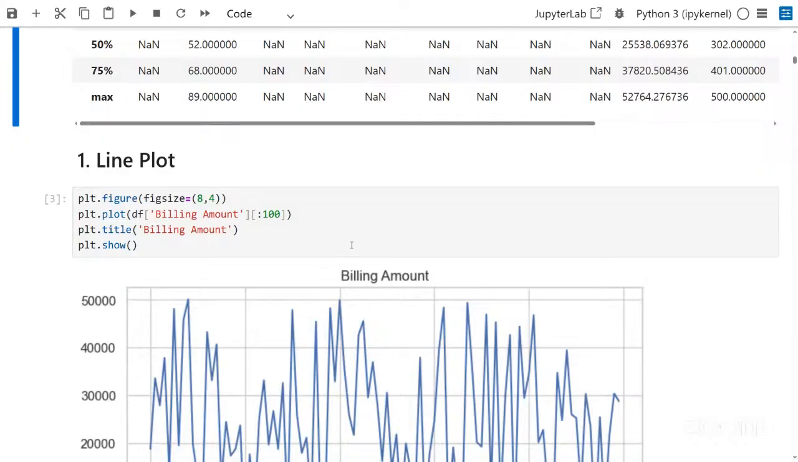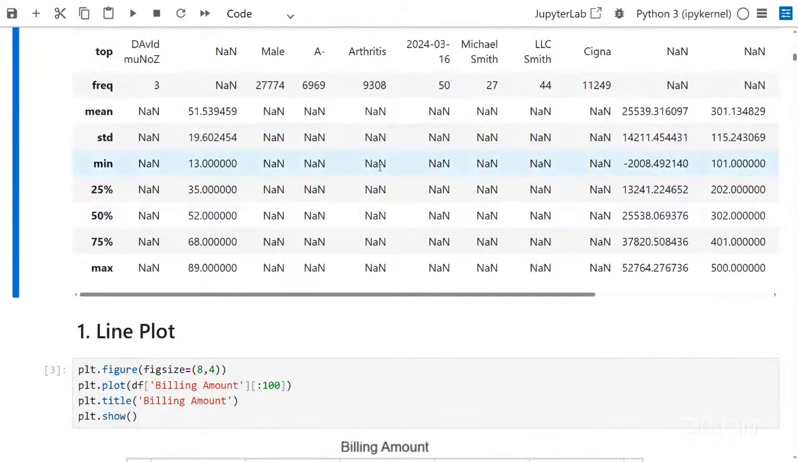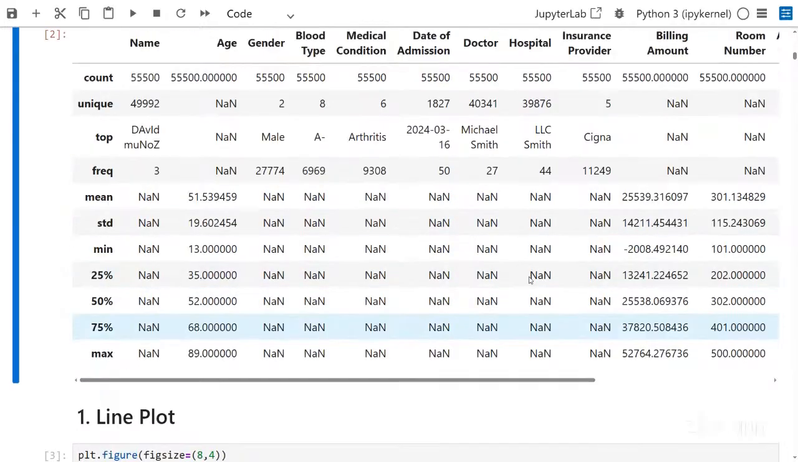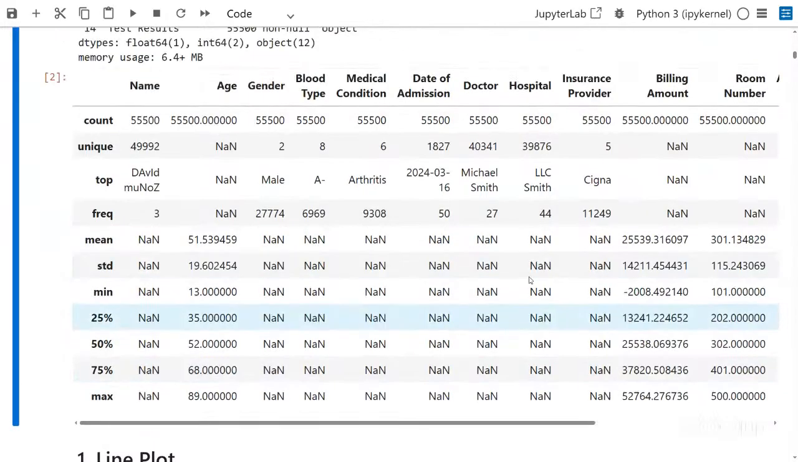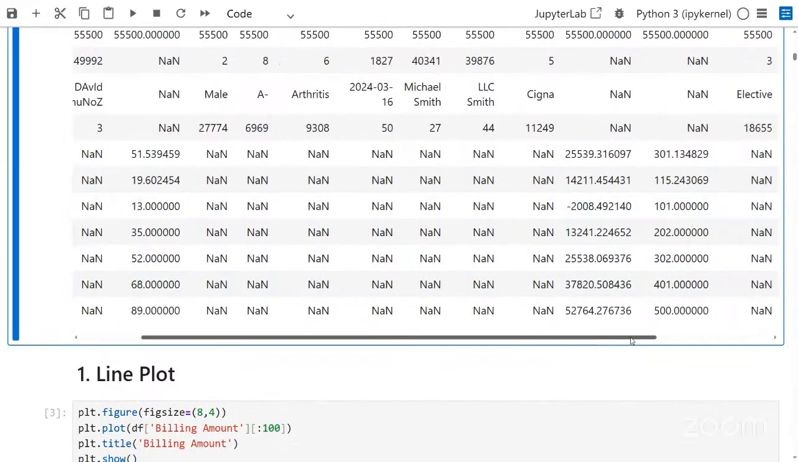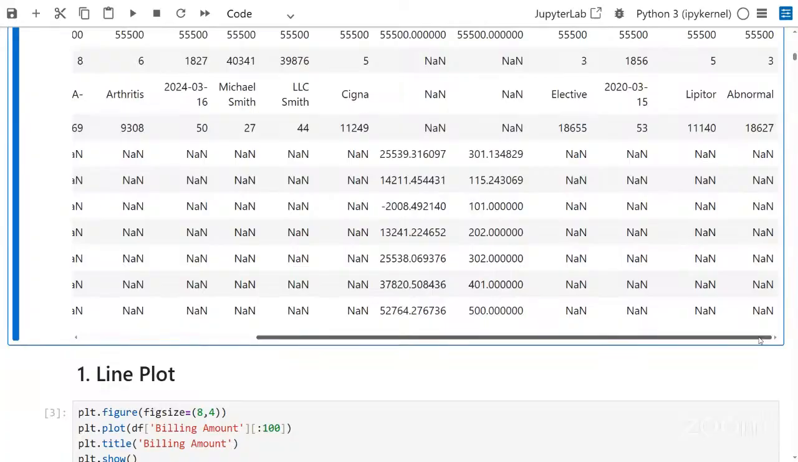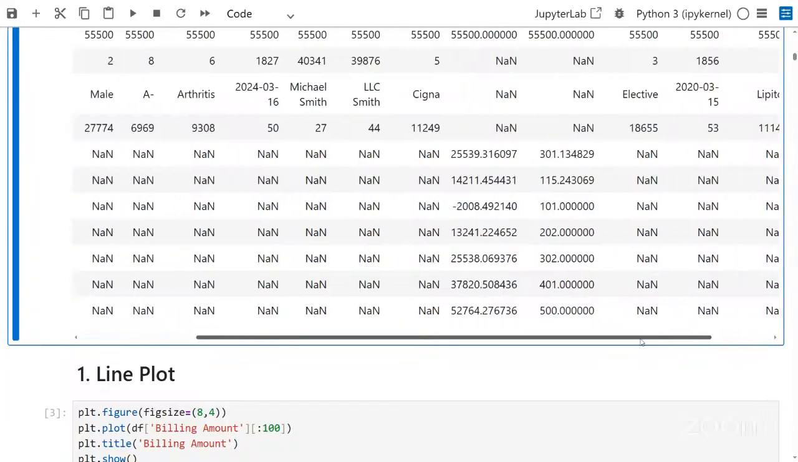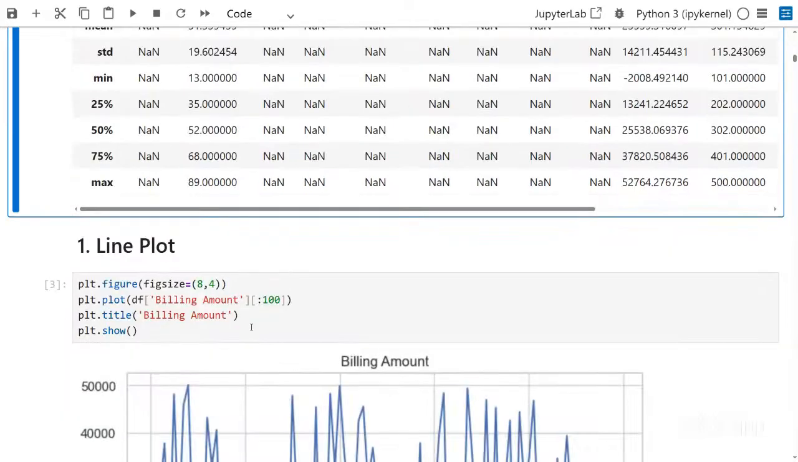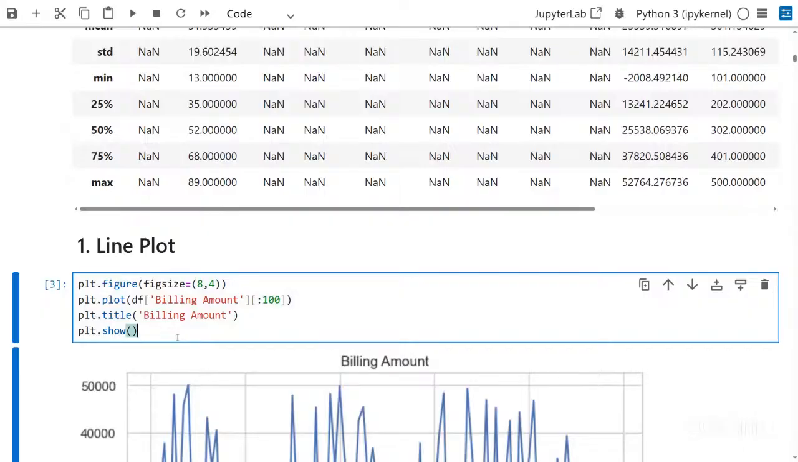Can we check here? Just one minute. In the maximum, there are some NaN values. Data is missing. So when you execute here, the second is plt.title, billing amount. Okay, so when you execute,